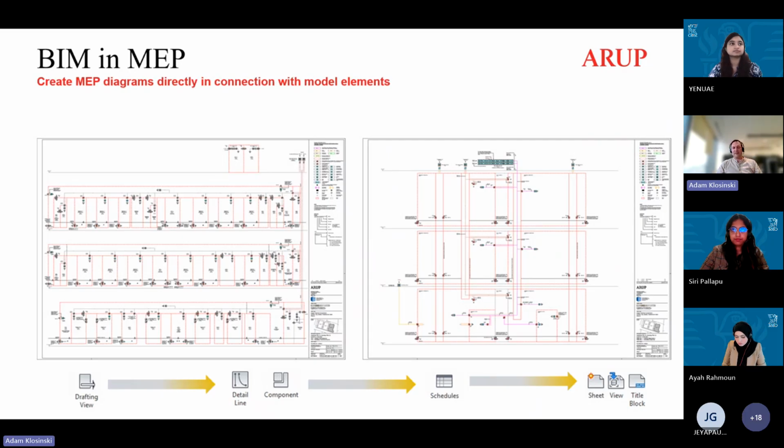And there are currently even AI tools being used for creating diagrams just based on the model elements. But to allow this to work, all of the model elements should be connected and properly modeled with the